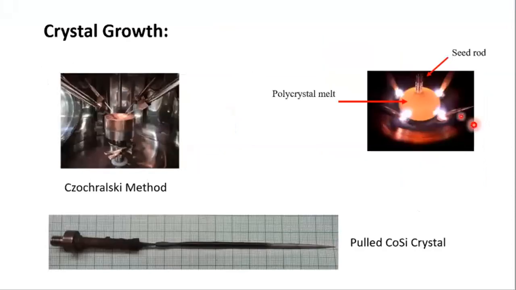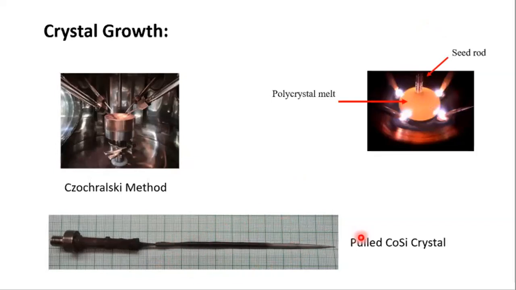So you can see for this case, you have some kind of polycrystalline melt, but then we dip the seed crystal inside it and slowly pull. While slowly pulling, you allow the material to attach to the seed one by one, atomic layer by atomic layer. While these atomic layers sit on the seed one by one, you get this single crystal. If you pull very fast, then you won't expect it to be a single crystal.